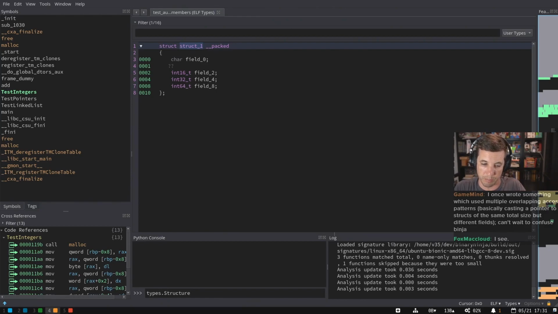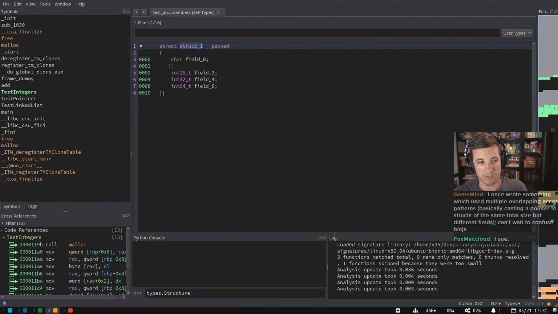But you could apply types and structures, and give it more information, and then the analysis improves. So interactivity is one key to solving weird stuff like that. The other key, in Binja's case, is the API. We have really focused heavily on making everything a first-class API, so you can build automation.